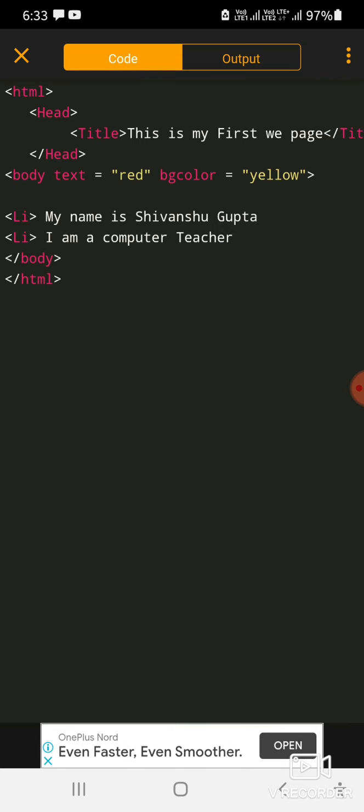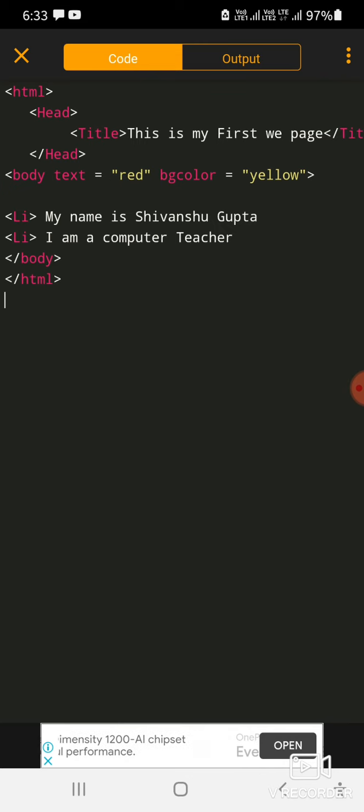When you want to save HTML code, you have to save it with the .html extension. And if you want to run HTML code, you need a browser. If any application provides you all three things, then that application is called an HTML application. That's why we are using the HTML5 application on mobile, and this application provides all three things.